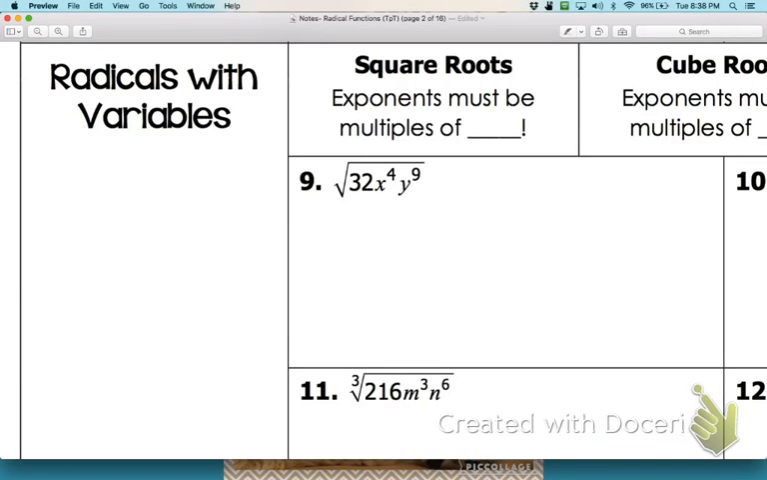So what we're going to look at today is radicals that have variables underneath them and how we can simplify those. There's a couple different ways to do this. Today we're going to look at just one way. And so off here to the side, just to give you a little bit of information about simplifying radicals with